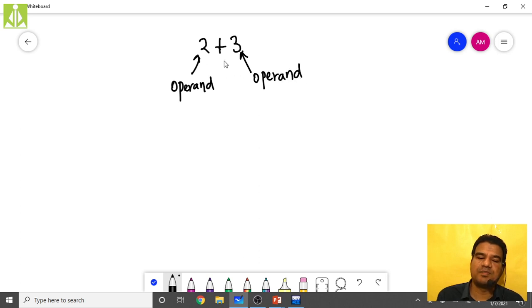And what is this plus sign then, which I am having in between? This is my operator. Like this, you remember. This is my operand, this is another operand, and this is my operator. So when you perform this operation, whatever this operator is indicating, what will happen? The complete value will be evaluated to a single value, isn't it? To a single value.